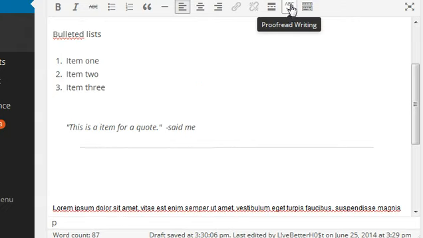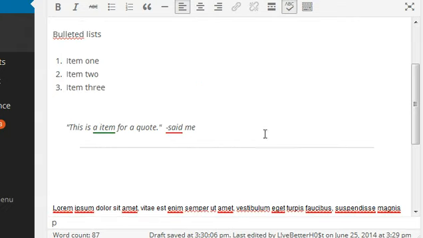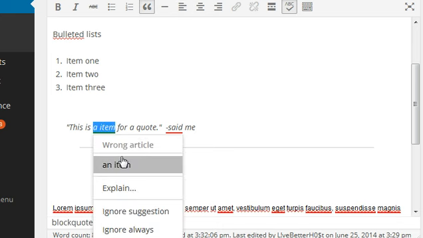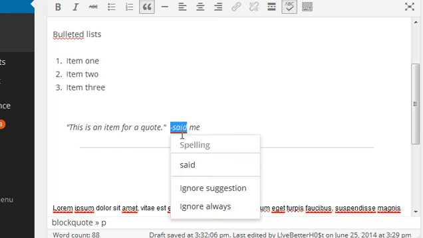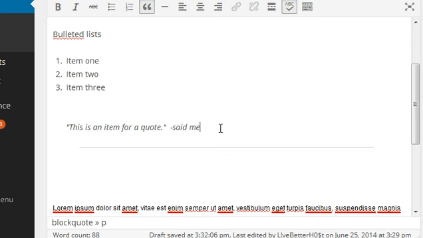Next, we have a spell check we can use. So if we click on this, it's going to check it. Here's the green line, that means something's wrong, and as you can see it has the wrong article, so I'm just going to change that to the correct one. And this one, I just click on it and it didn't like that I put that little dash in front of it, but I can just ignore that suggestion for now. Next we have this nice little kitchen